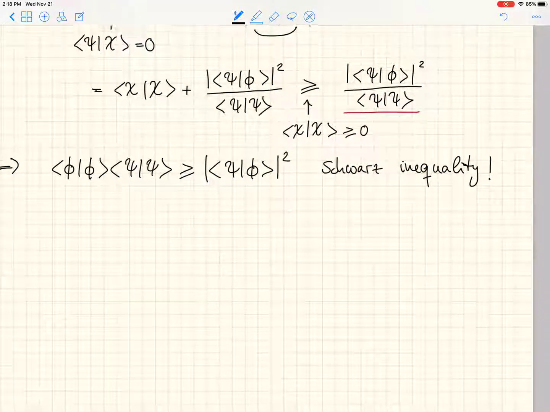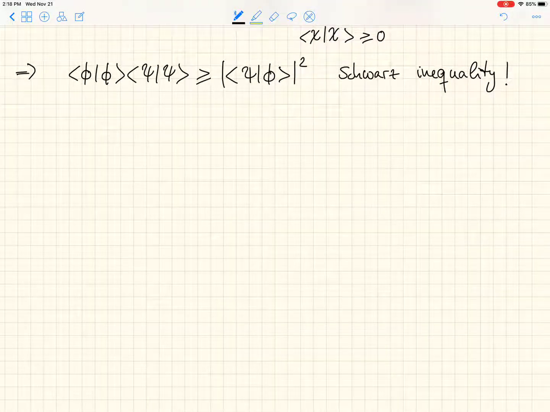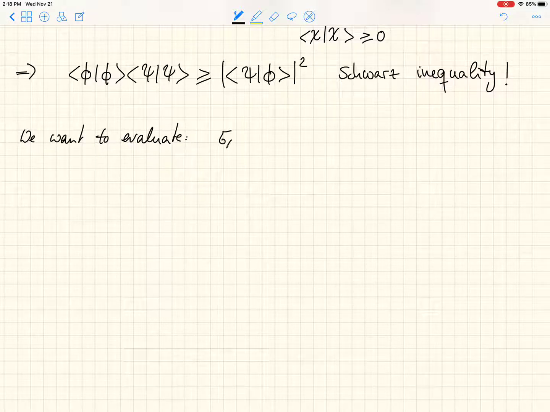So now that we have the Schwarz inequality, let's proceed. What we really want is to evaluate the product of sigma a squared and sigma b squared. Let's introduce some notation. So sigma a squared, for a given quantum state psi, is equal to